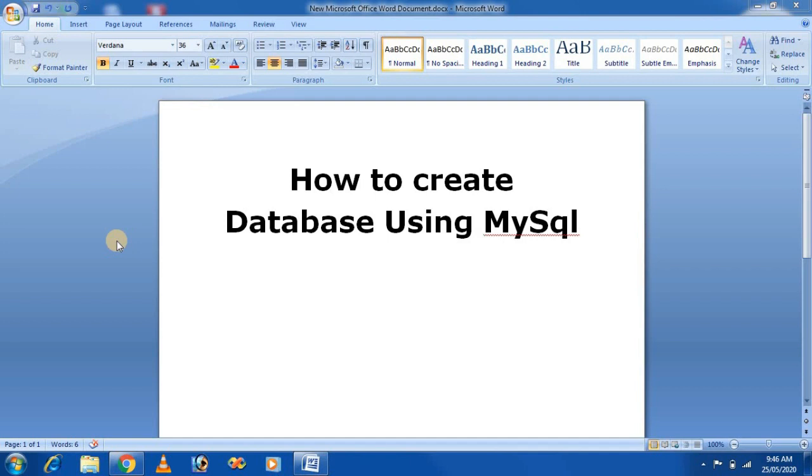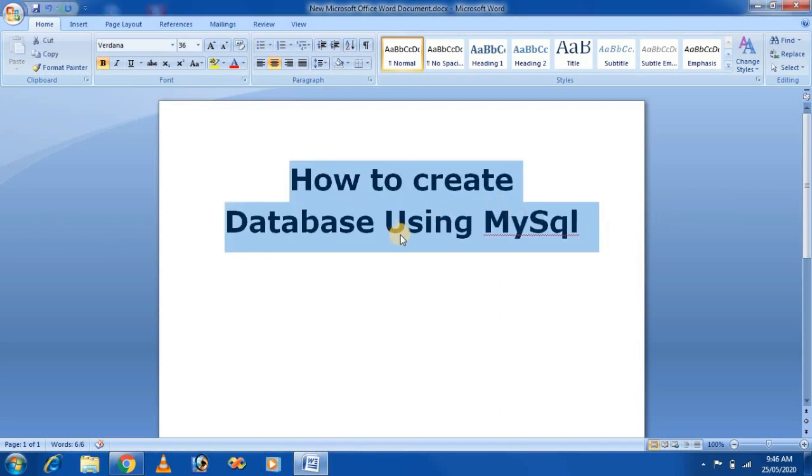For this purpose, first we will create a database using MySQL. Then in the next video session, we will see how we can configure a database with Python. And in the next video, we will see a simple application that can be used to insert a value into the database, delete a value from the database, and update a value in the database. All these kinds of operations we will perform. So in this tutorial, first we will learn how to create a database using MySQL.